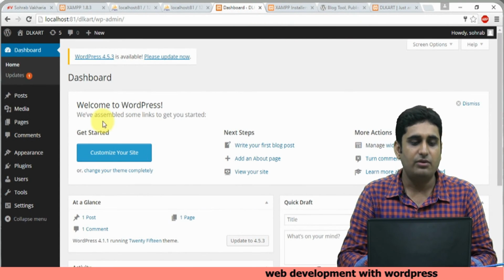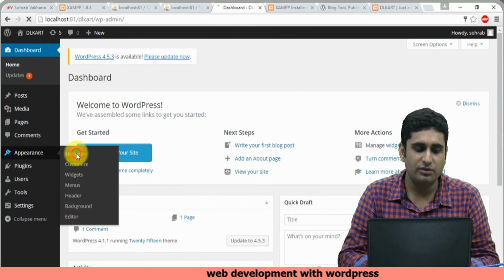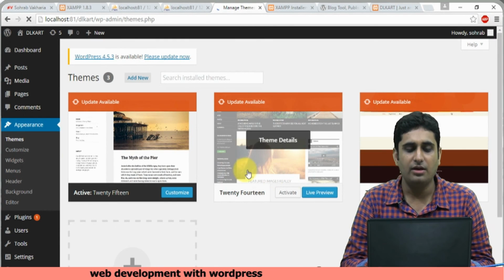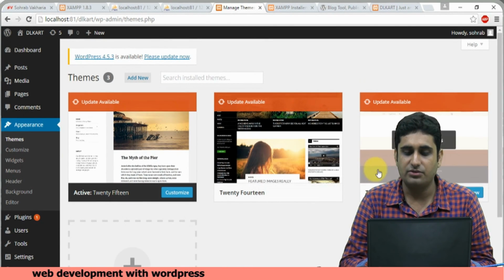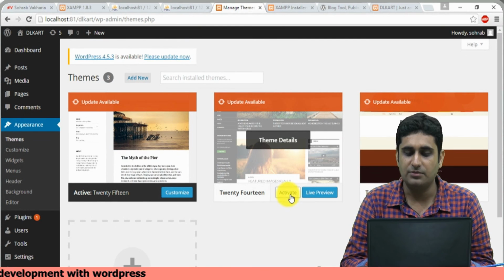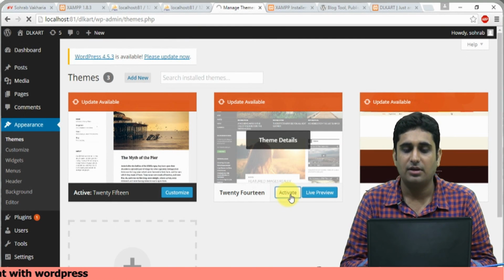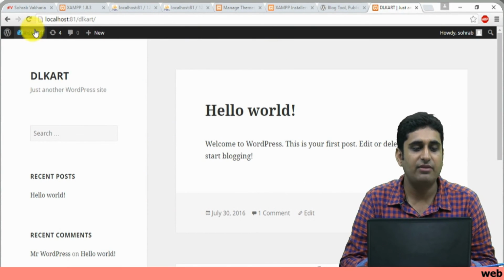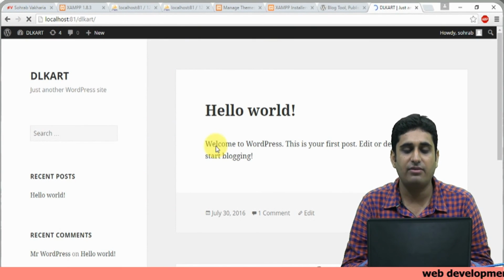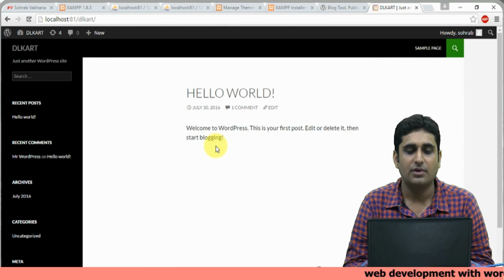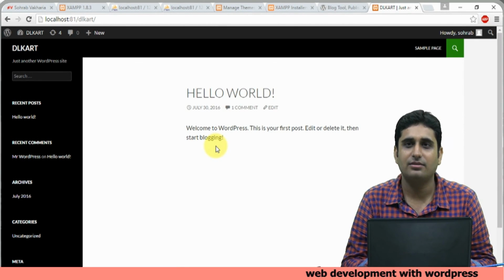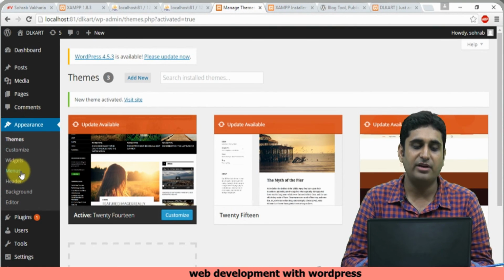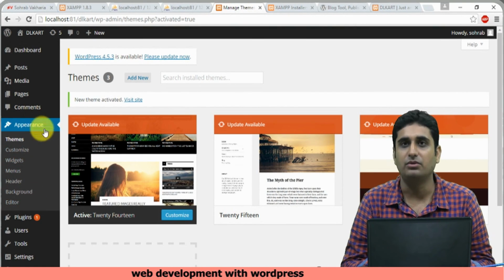And now if I need to change a couple of things, I can go to themes and change the theme. Okay, so let me just install this one. It seems good. I'll activate the theme. It has been activated, and then I will refresh and we'll see, do I have another theme? Oh yes, see, things have changed. I can add a couple of pages, I can add menus, I can add widgets, and much more.